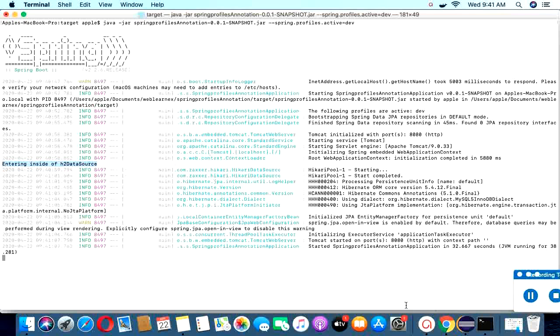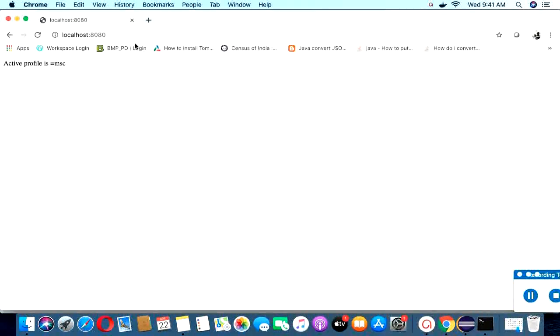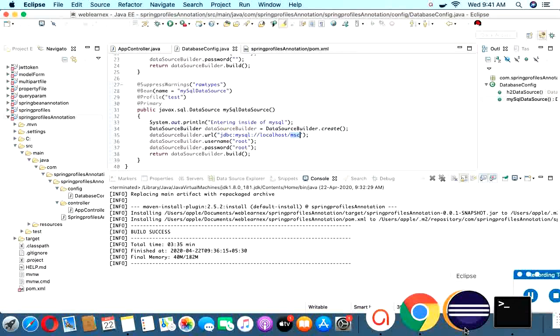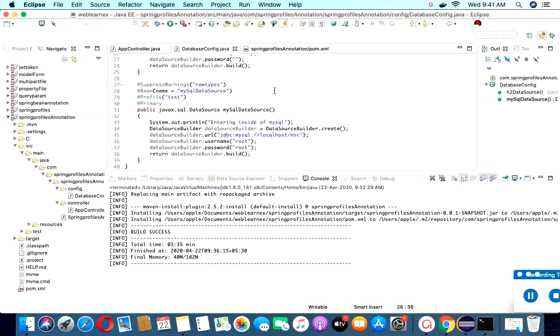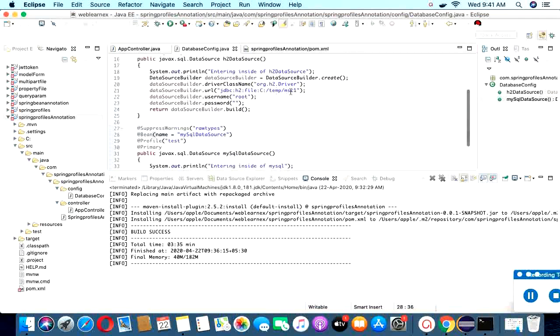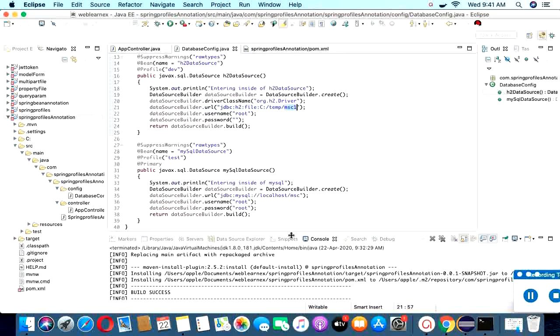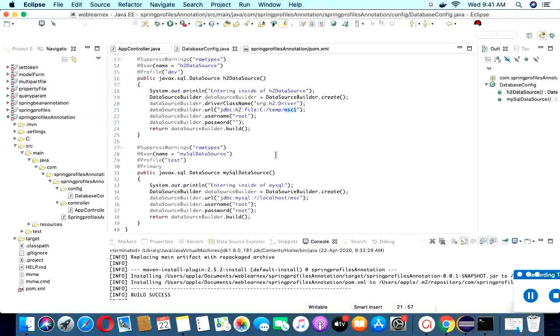So let me test with the UI. Let me hit it. You can observe here for the dev environment my database name is MSC1. You can observe it in the code also. So it's coming MSC1. So this is the process to deploy to different environments with the help of profiles.